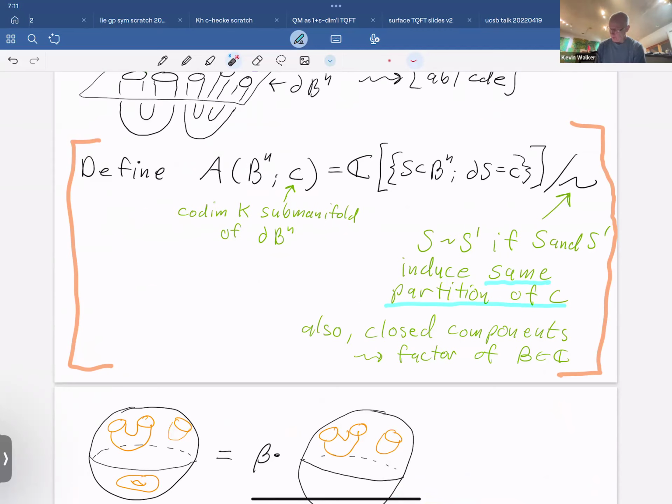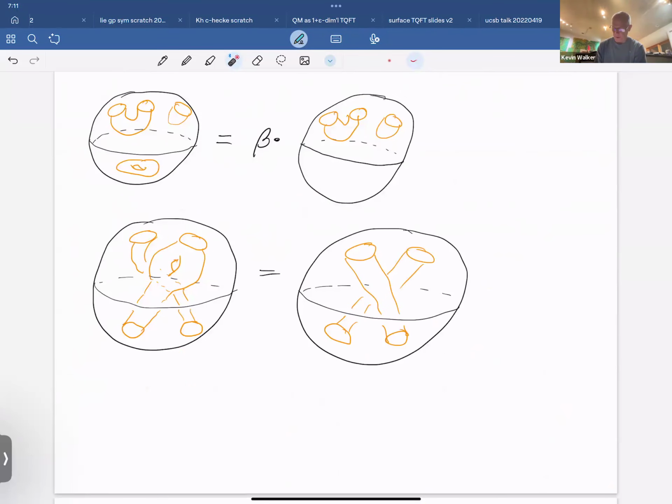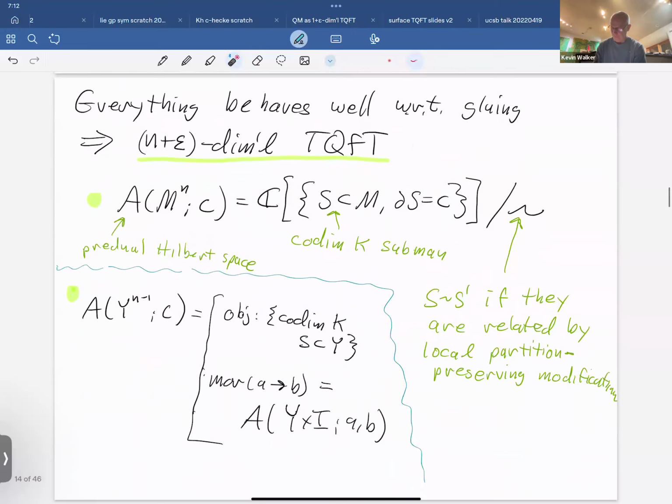And also, if we get rid of a closed component, we get a factor of beta. So again, the summary of these relations, once more: if I erase this guy, then I multiply by beta. This is my very poor drawing of two surfaces which are totally different except in the way that they connect over the boundary components, and they're considered the same. Okay, so all of this behaves well with gluing,